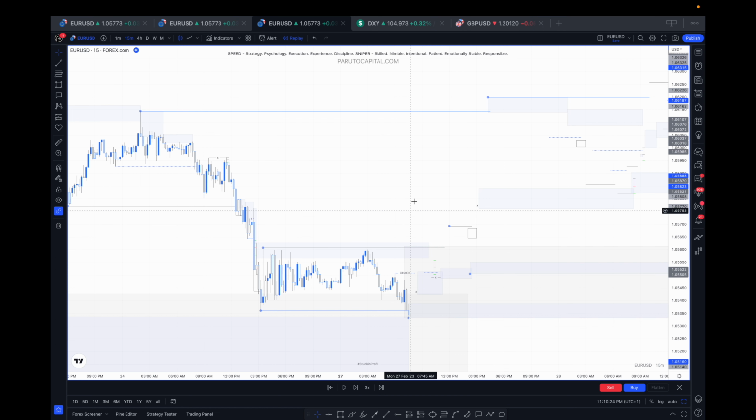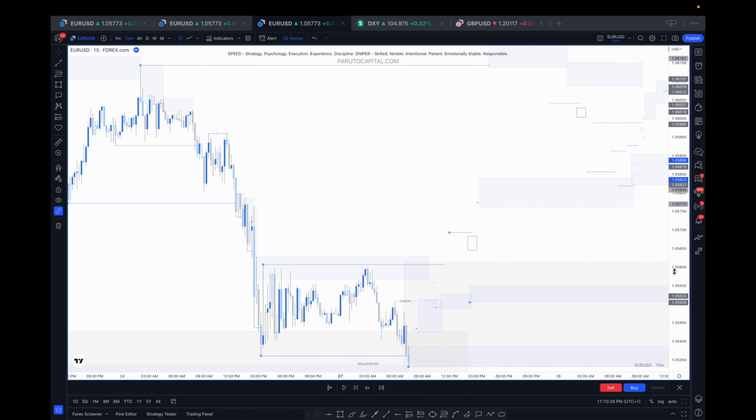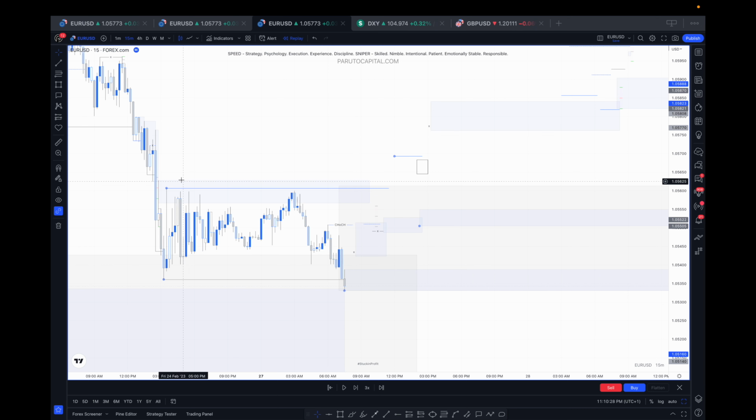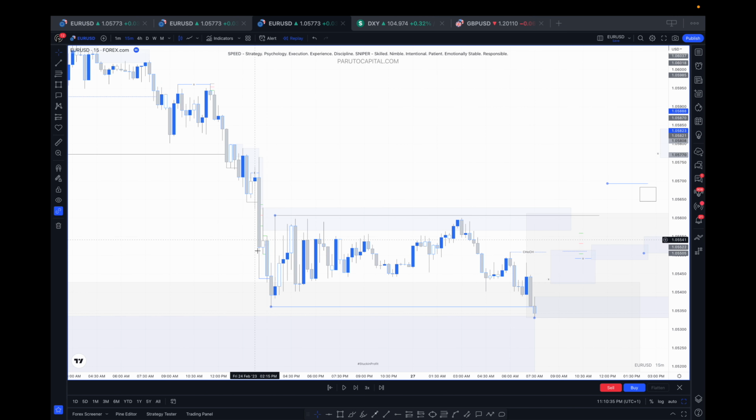Okay, 7:30 a.m. Now, by this time, of course, I'm already on the chart, right? And then I would have analyzed the chart. I would have drawn my zones, and I would have also drawn my highs and my lows and all of that. As you can see here, we had some little structure here. Price, if I draw this, price sort of pulled down, took out, pulled back a little bit, made a low, returned a little bit, and then made a low here, left a high, and then made a low here,